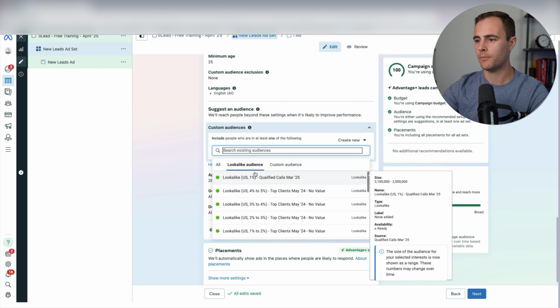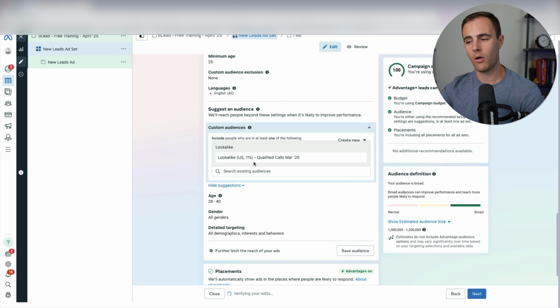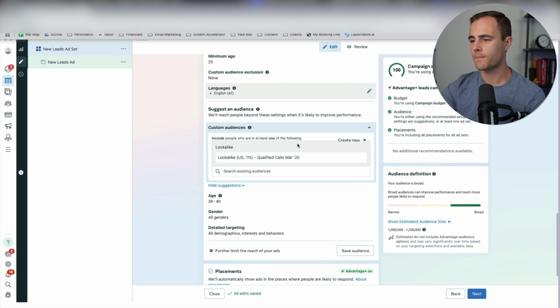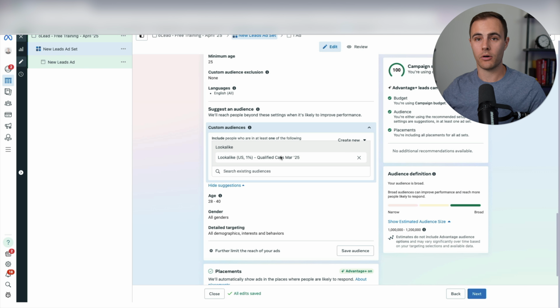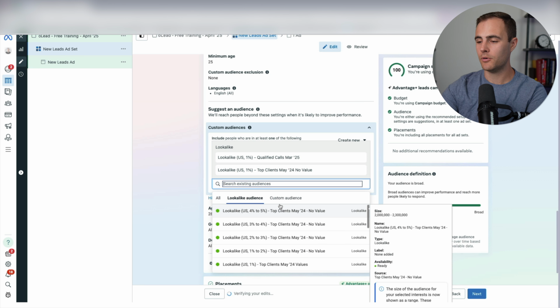So I've got a couple. I just pulled this one last month. This is a lookalike of all my qualified calls in the month of March. When I say month of March, I pulled it in March, but that's of all the qualified calls my business has ever had, which is like thousands of calls. So that's a pretty good audience size. It's going to say it's 1 to 1.2 million, but because this is suggested, essentially it's going to look for people like this, and then it's just going to do whatever it wants to try to find the best quality people. So what I've been doing now is I will throw in a couple lookalike audiences